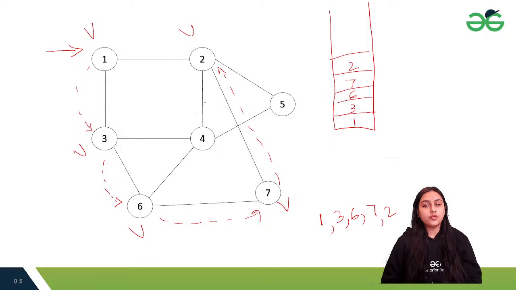ओके, नाउ 2 के पास ऑप्शन है 4 का और 5 का और 7 का। 7 ऑलरेडी विजिटेड है, तो वी आर नॉट गोइंग टू गो ऑन 7, वी आर ओनली गोइंग टू गो ऑन ईदर 4 और 5। सो वैसे तो दोनों एक दूसरे से कनेक्टेड हैं, तो किसी पे भी चले जाओ। सो लेट्स अज्यूम कि हम 5 पे जा रहे हैं, 5 हमने डाला यहाँ पे, 5 हमने प्रिंट किया और उसके बाद 5 हमने विजिटेड मार्क कर दिया।